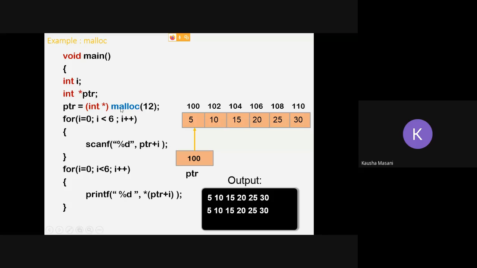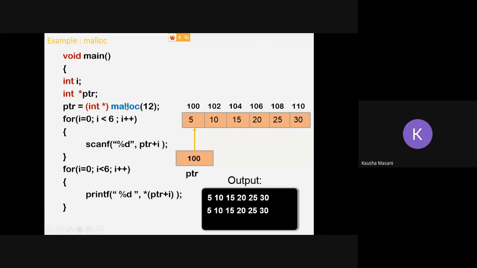Now when the execution of the line ptr equals integer star malloc 12 happens, due to malloc 12 the size is 12, and it is malloc, so one full chunk, or one full memory block, of size 12 is assigned. Each of those bytes has memory addresses 100, 102, 104, 106, 108, and 110. So exactly 12 bytes. Now, what is happening here?